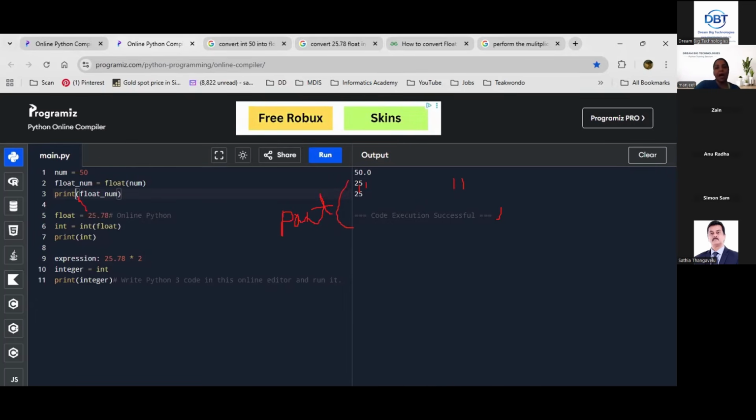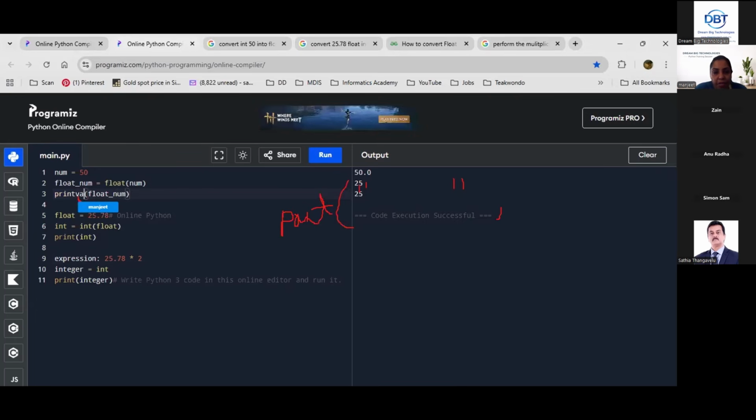Value of num after typecasting. Write down inside the bracket here. Put your cursor inside. Put the double quotations here. Put first double quotation, value of num after typecasting.